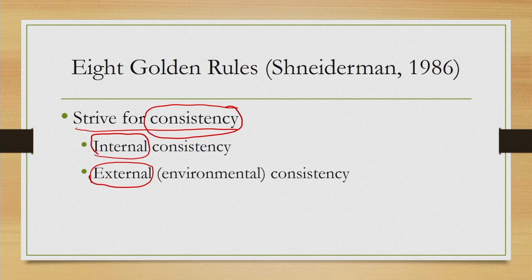For example, suppose you are designing an interface where there are multiple stages, multiple GUIs through which a task can be performed. Now, in one interface you provided the close option using a red button. So, if a user clicks on the button, then the interface closes and the next interface appears. In another interface you have done the same thing using a green button. So, now if the user clicks the green button, then the interface closes and another interface appears. So, in one interface you have the red button to indicate closure of the interface, in another interface you have a green button to indicate closure of the interface.